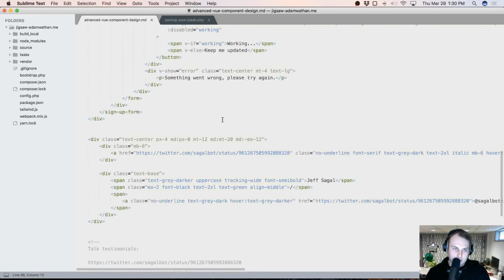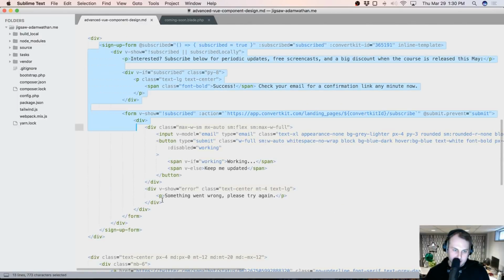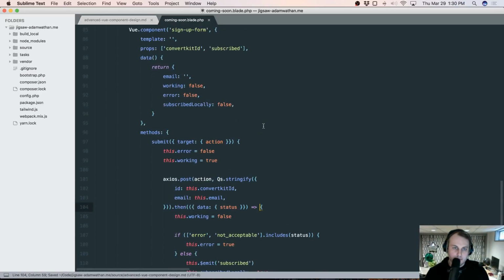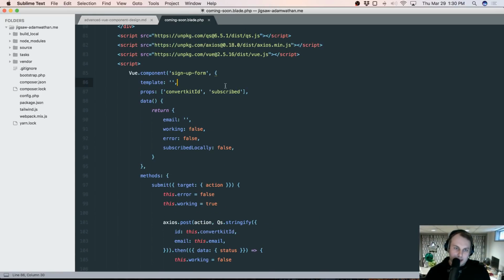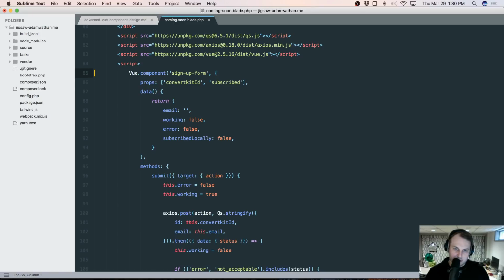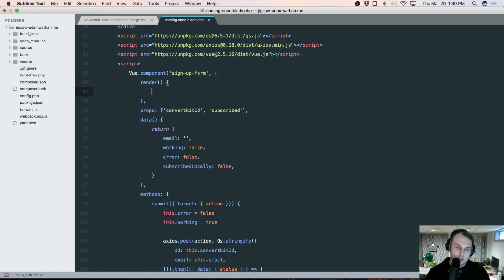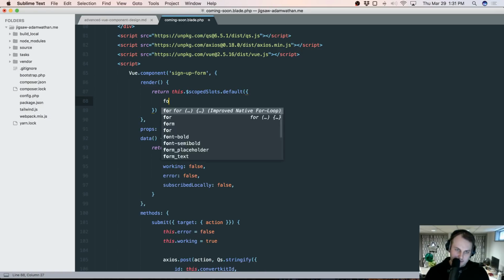I think we should start by probably commenting this one out so we can just work on one without seeing errors because we haven't updated the other one to match. So instead of a template now, this is going to have a render function. And it's going to return this.$scopedSlots.default, and then we're going to pass through any props. So if we say foo bar,